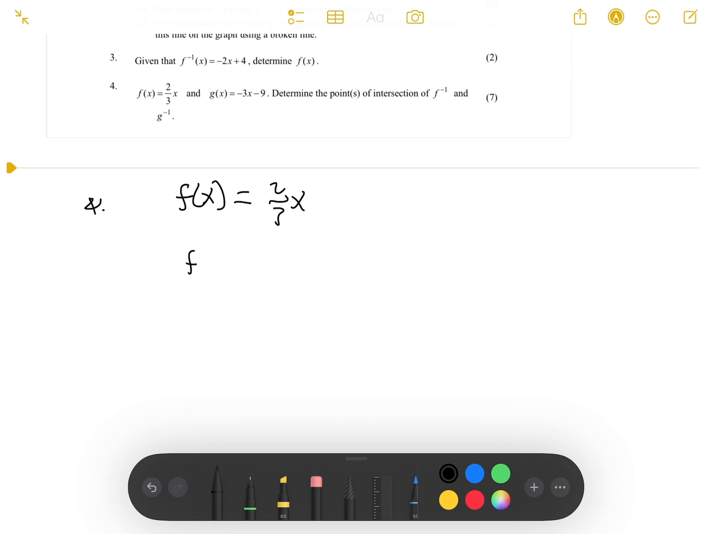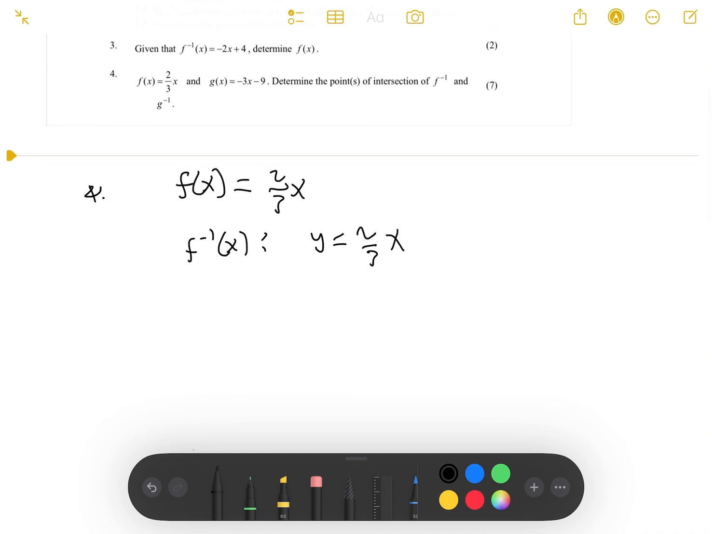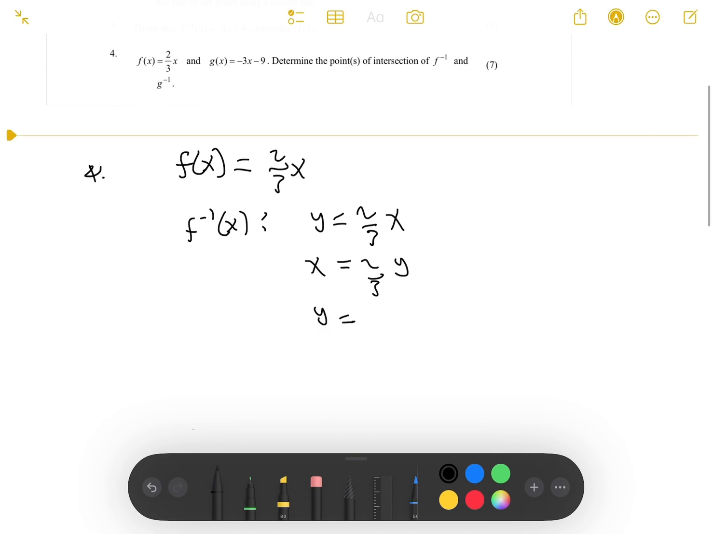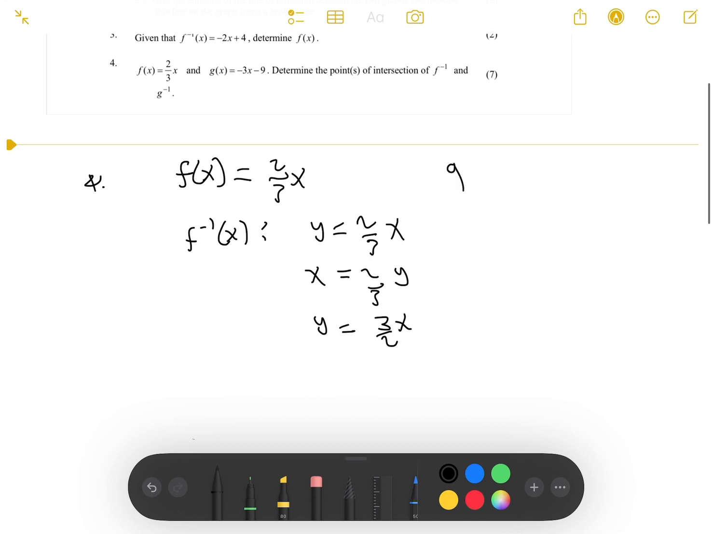So for this one, for the f graph, what is its inverse? Let's start with y equals to 2/3x. Therefore, inverse interchanging, we get x is equals to 2/3y. Therefore, y is basically 3/2x, right? And then with g of x, which is equals to -3x minus 9,